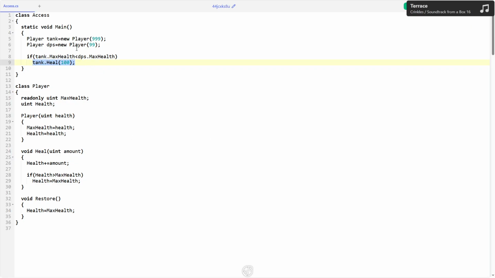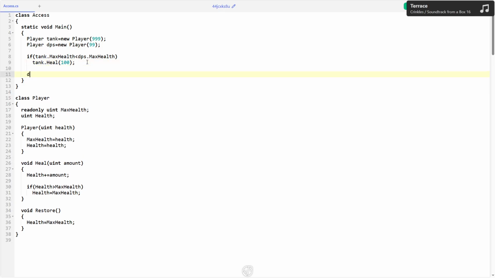Now let's build on top of all of this. Let's assume you have made a larger program now. Player is just one of many classes. And we assume there's some other code on player as well, and some other code everywhere else that interacts with player. And you add some new mechanics or new features that interact with the player's health. And, well, heal and restore don't quite cut it. So you simply write your own little piece of code that will go s.health